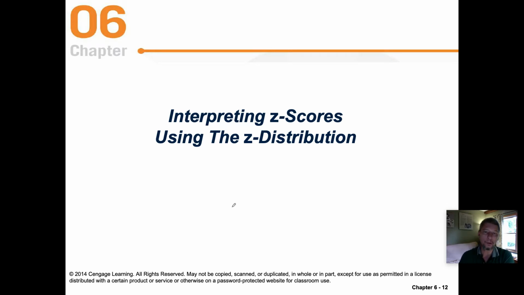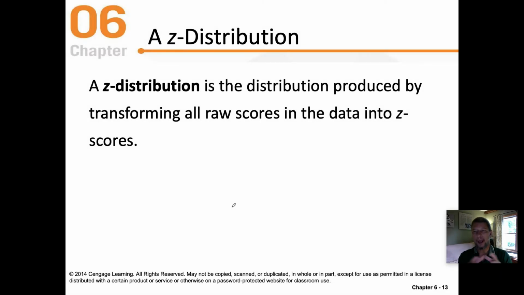All right, and so we're going to look at a few normal curves, with raw scores and with z-scores, and look at how the relationship exists between the two things. So a z-distribution is the distribution produced by transforming all the raw scores in the data